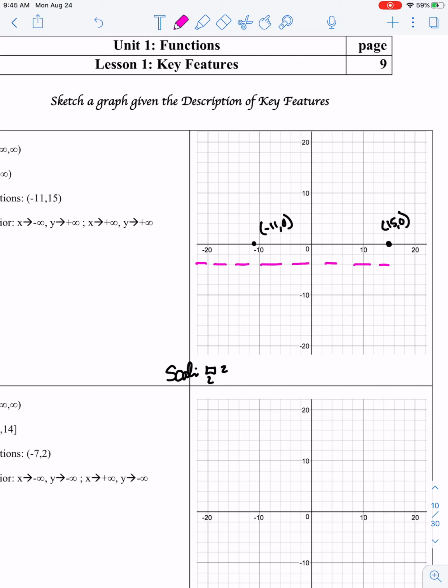Usually your min value or your max value, whichever one, is going to be in between your roots, so you'll have a turning point. So I'm just going to place it right here. Again, as long as it's anywhere on this, and you can draw the graph, then nobody can question that you're right or wrong. So 2, -2, -4. Because this point,